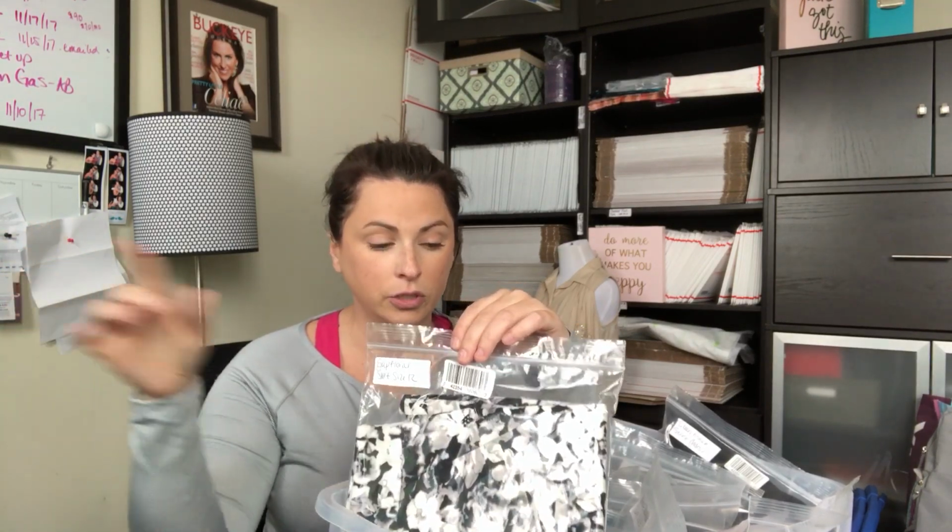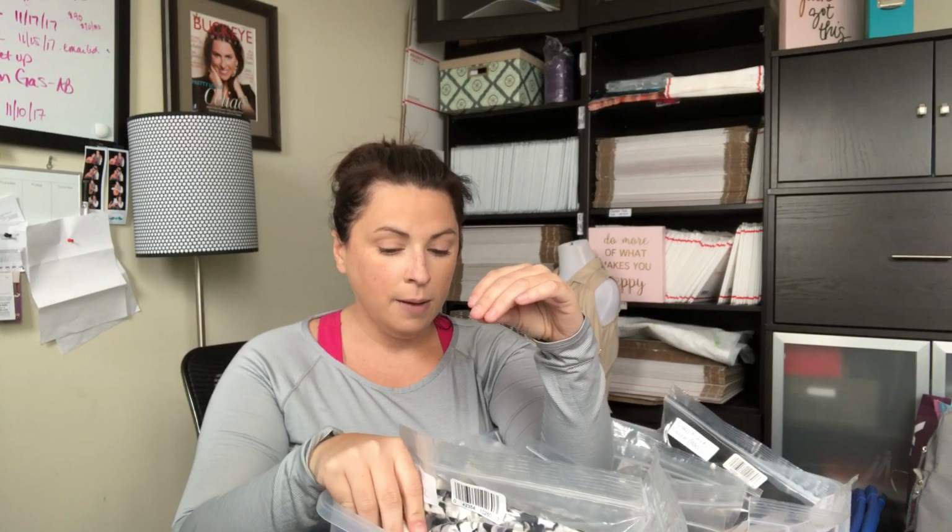I wish I would have done this as I was growing my business, because it would have been a lot easier than going back and putting barcodes on these. So now, when I get an item, I enter it into the system. Every item gets a barcode that is scanned into Google Doc, and then this number gets put into the custom SKU on eBay,